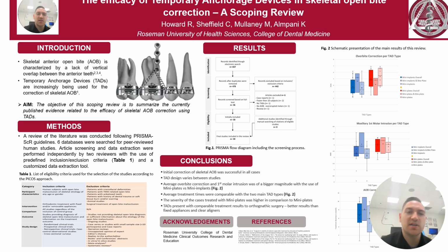My research is on the efficacy of temporary anchorage devices in skeletal open bite correction, and it's a scoping review. So, introduction: there are people with these things called skeletal open bites, where their upper and lower teeth are separated from each other when they bite down. And so basically the premise of my research is analyzing the literature with regards to how we treat these skeletal